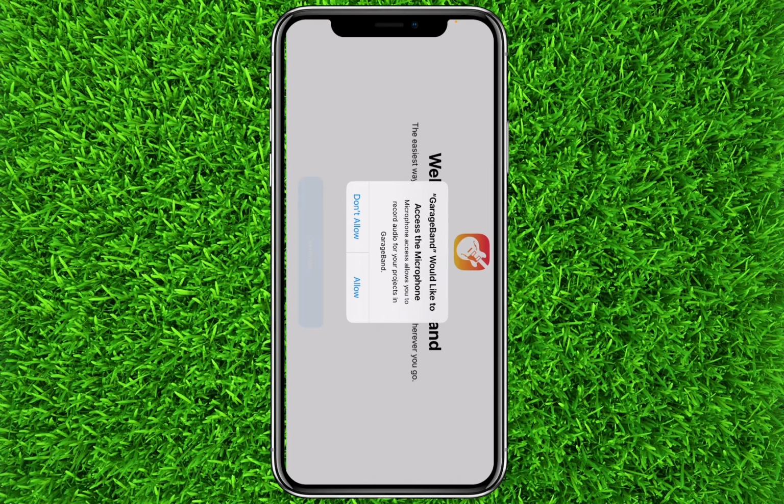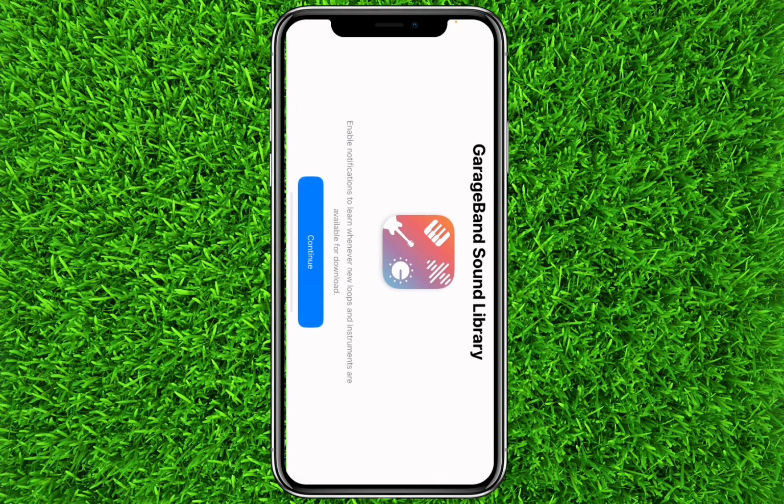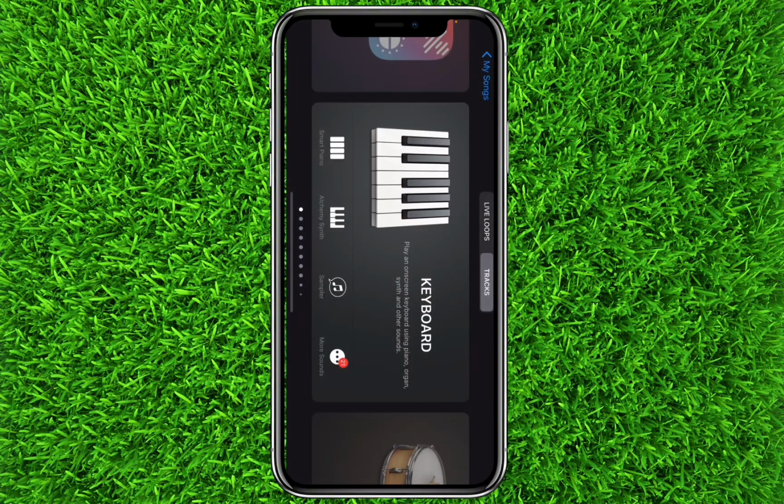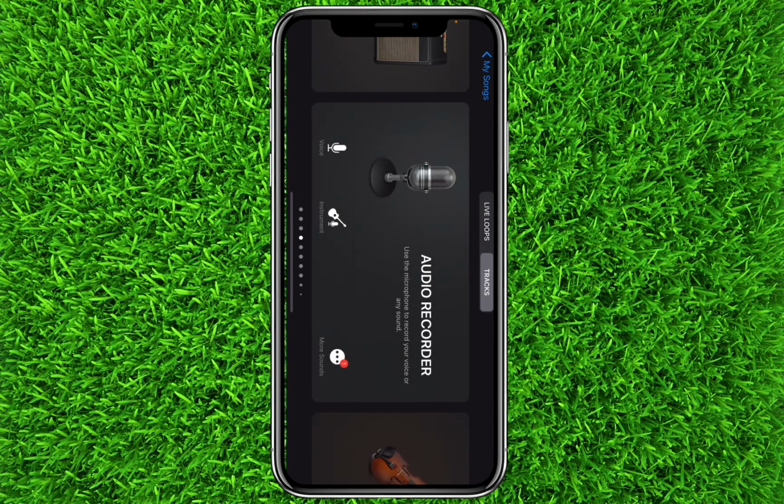Now once you're on this page, you'll have to allow permission and click on continue, and then click on continue and allow. Now you'll find a lot of tracks here. You'll have to scroll to the right side, and you'll find an audio recorder. You'll have to click on it,